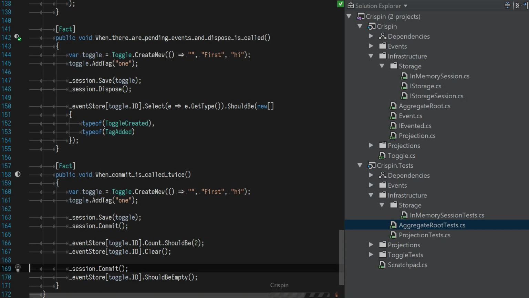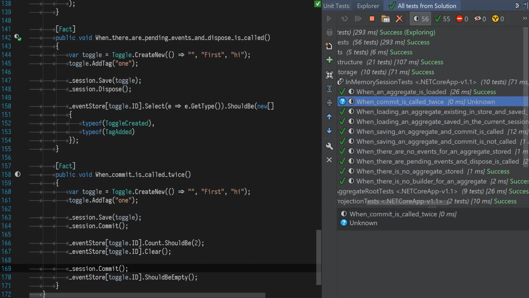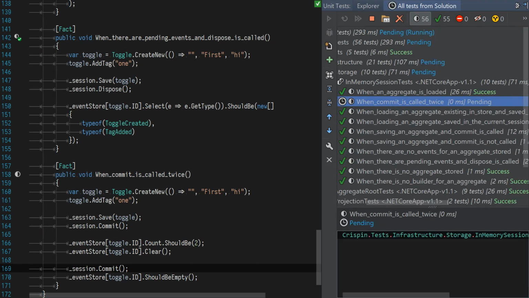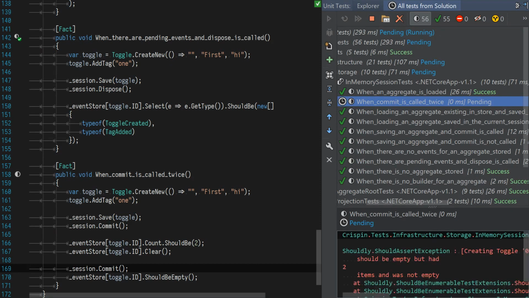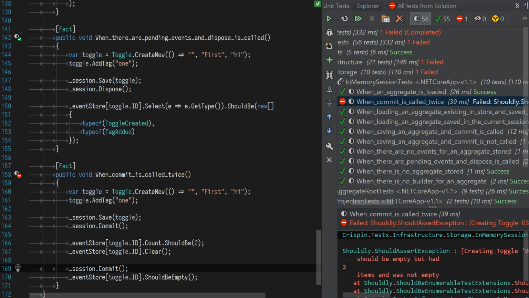But I believe this will fail at the moment. Yep, it had 2 items in it, and that's because after we commit,